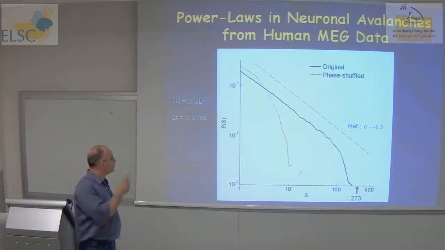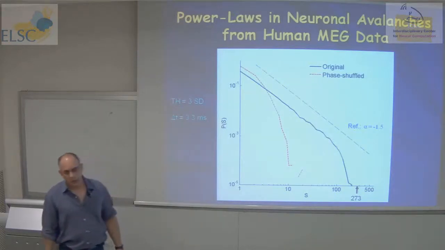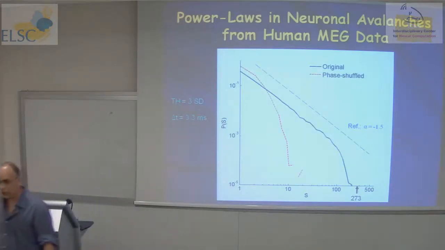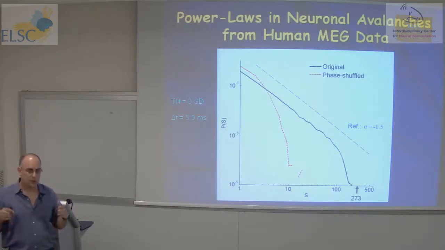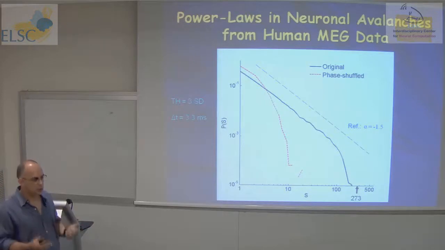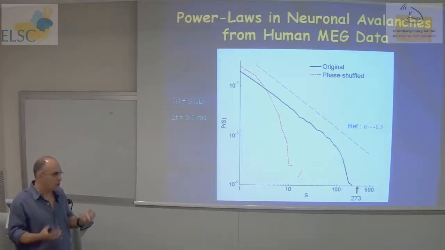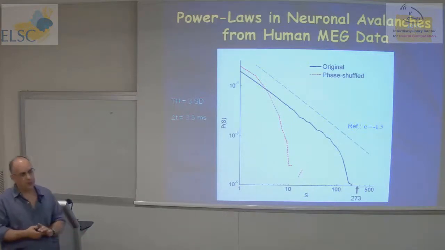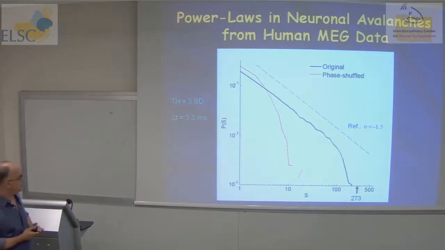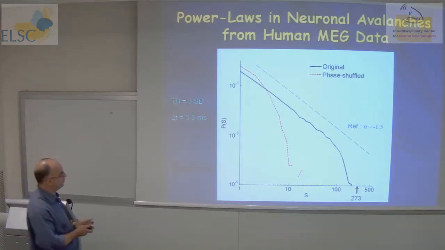So one simple control is to do phase shuffling. Namely, you take each channel's data, you Fourier transform it, and then you shuffle the phases of different frequency components. So you keep the same power spectrum, and then you reconstruct the signal. You destroy the temporal correlations and the temporal structure in each channel, but you keep the same power spectrum. And the power spectrum, whatever it is, 1 over f or not, is not enough to explain the avalanches. That's one thing. Another thing,